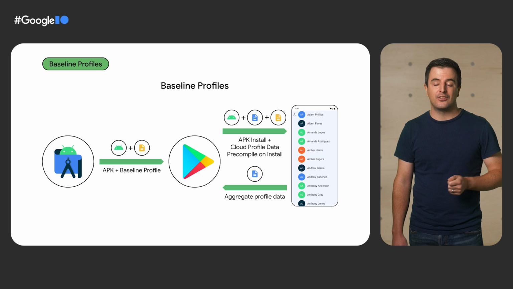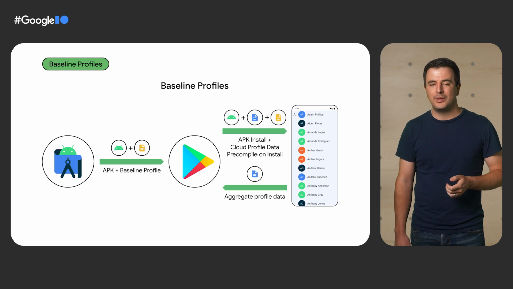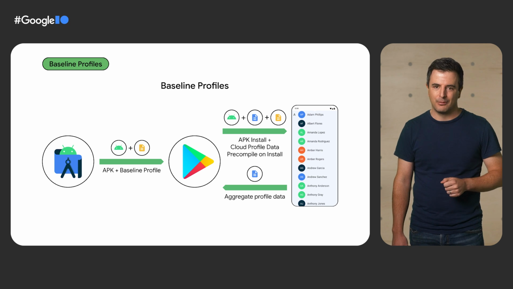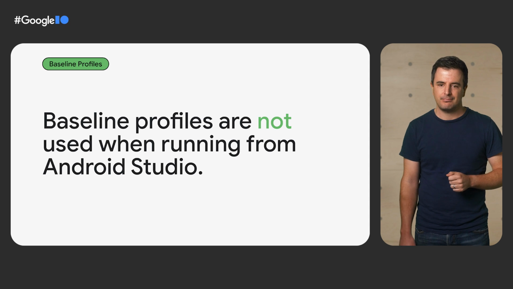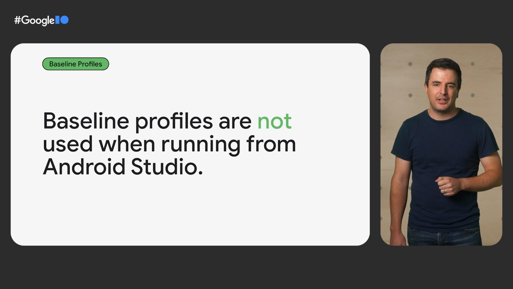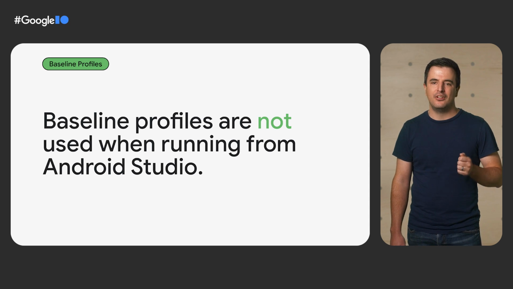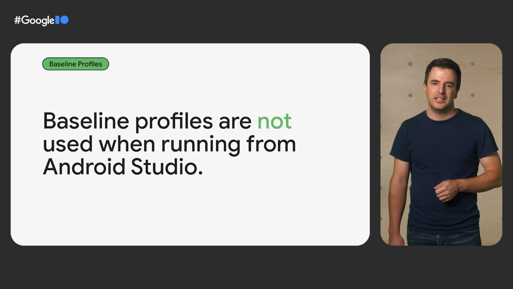Compose also ships with its own baseline profile, which will be included in your APK by default. You may not have to do any additional work at all to see the benefits of baseline profiles. Just know that it is there. But when running from Android Studio, baseline profiles are not included, and so you won't see this benefit in your local testing. If you notice that your app is slow on first startup and then gets faster, this will probably be fixed by the default baseline profile.